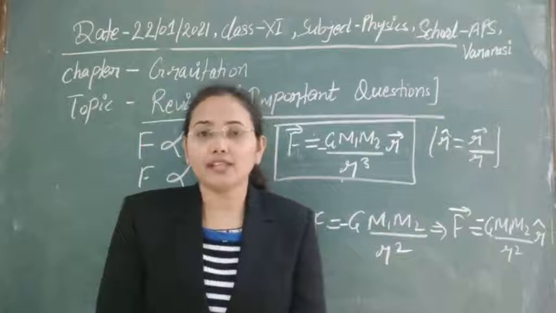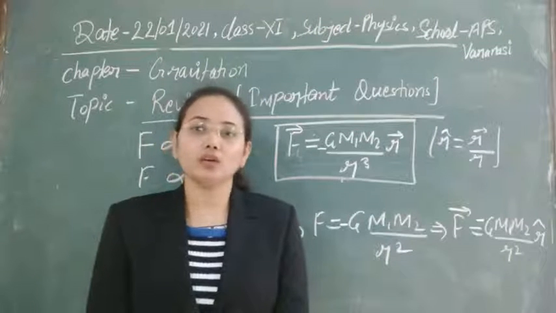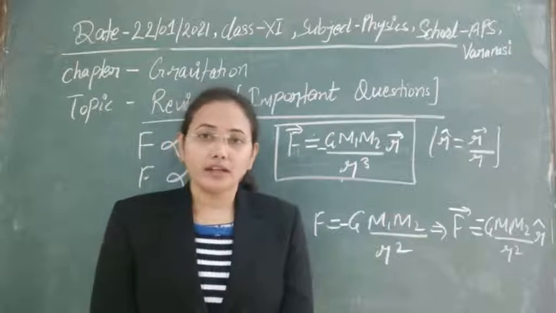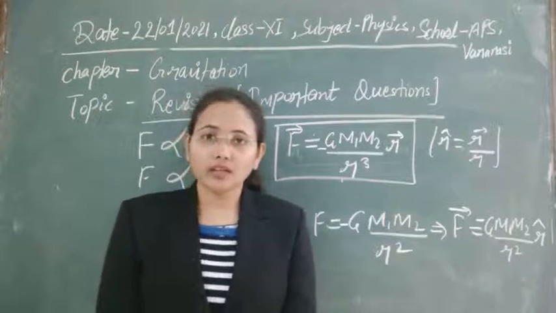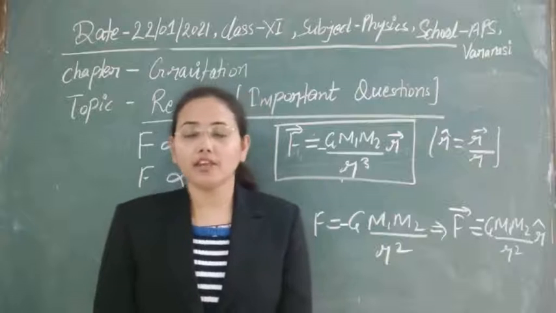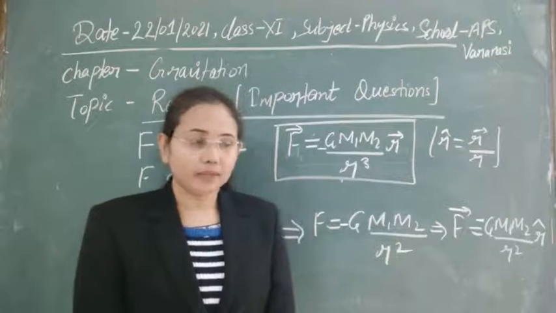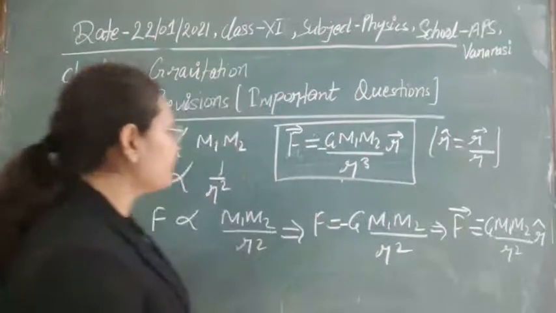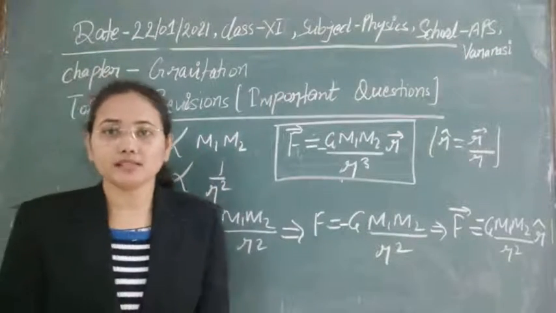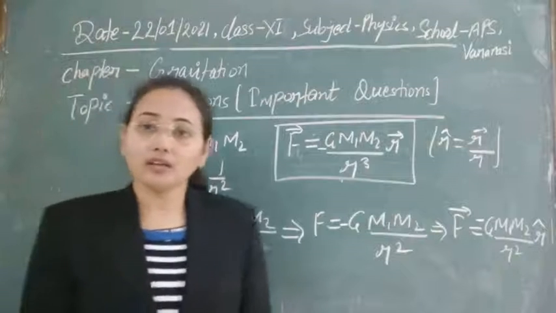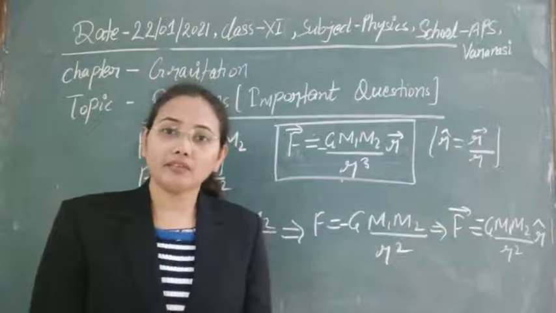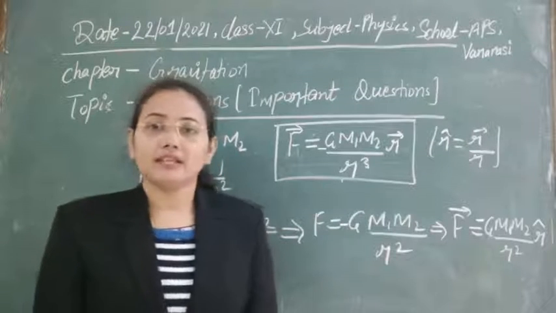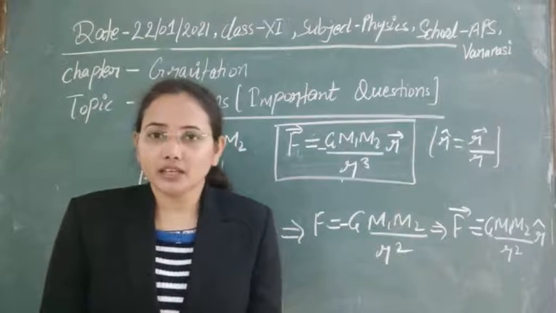This gravitational force is only dependent on the position of two masses. It is not depending on the intervening particles, the intervening medium, or any kind of path between those two masses. So the direct distance, the displacement between those two masses, is important here, not the distance by path along which we are measuring the force. It means that the gravitational force is conservative in nature.